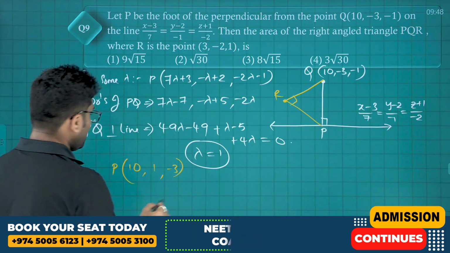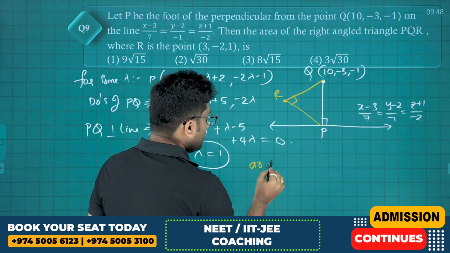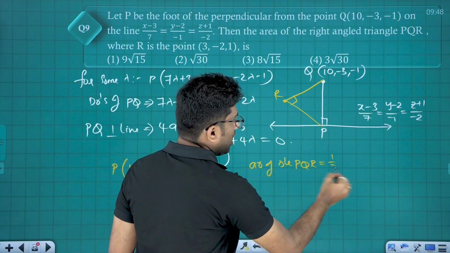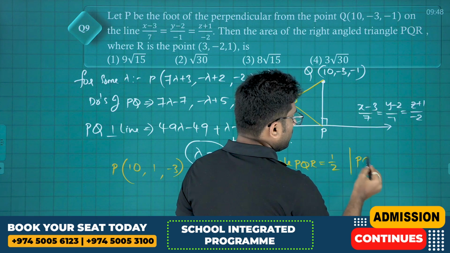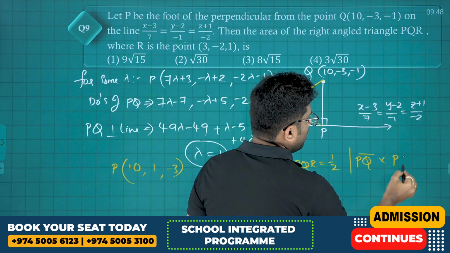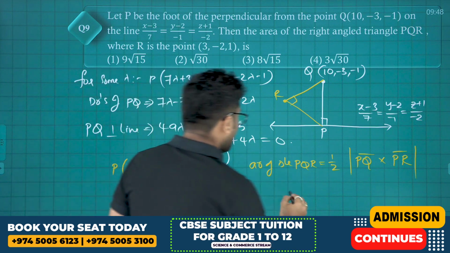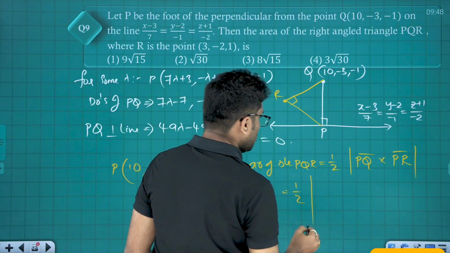What is the area of a triangle? Area of triangle PQR is equal to half into modulus of PQ bar cross PR bar. By using the cross product we can get it directly. So that is half into modulus of